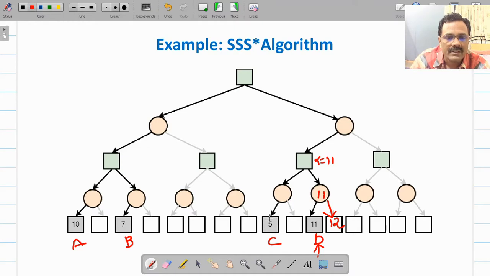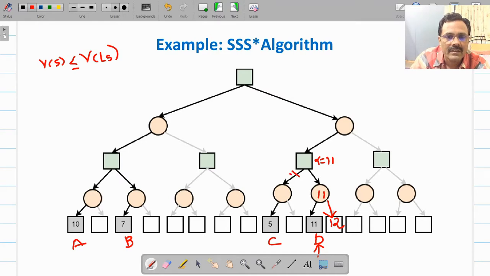Now the value of this C, the upper bound of this C is 5, and here we have 11. So therefore we know that the value of a strategy is always less than or equal to the value of the leaves in that strategy S. So therefore you will find out this D is better.